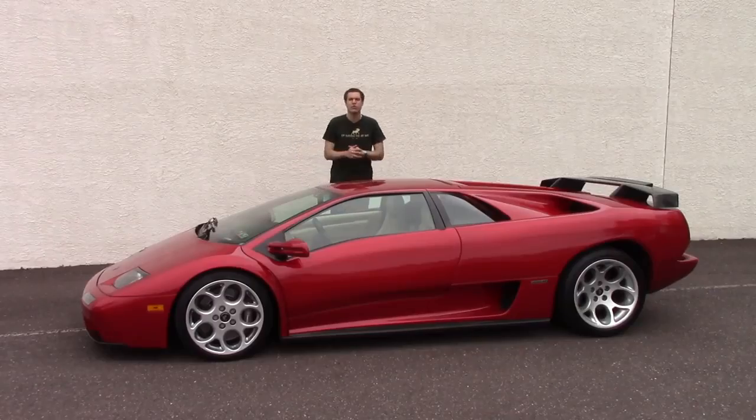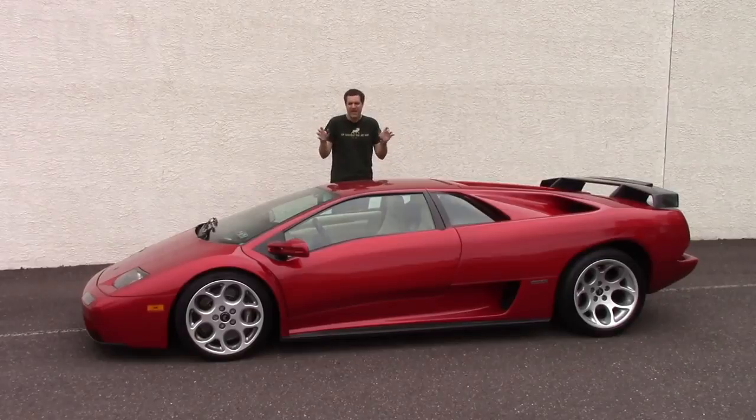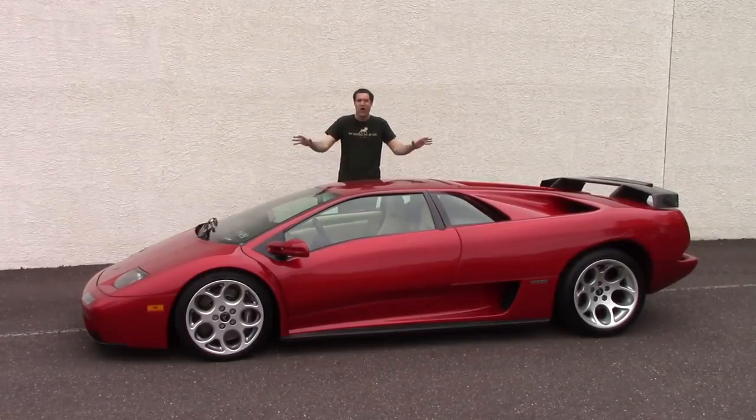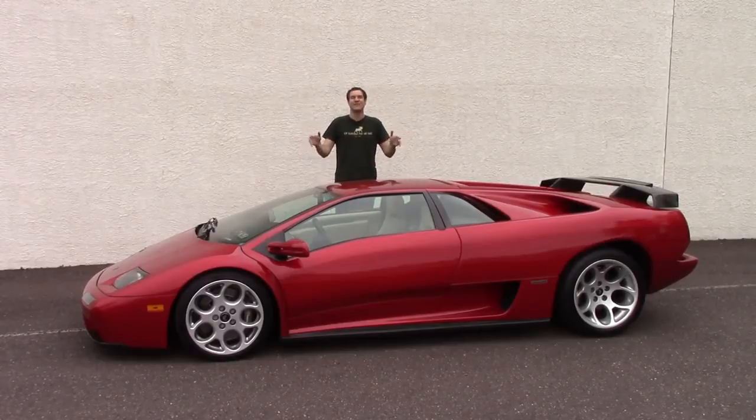That sounds pretty cool on paper, but while some cars are all about 0 to 60 in tenths of a second and precise Nürburgring lap times, this isn't a car you appreciate on paper. This is a car you have to see to believe. So today I'm going to take you on a tour and show you all the weird things about this car, and then I'm going to get it out on the road and find out how the Lamborghini